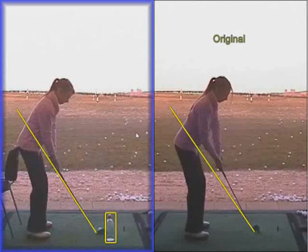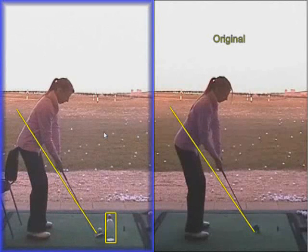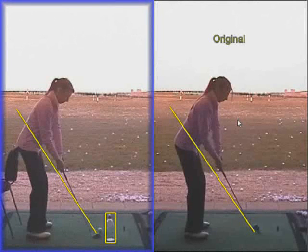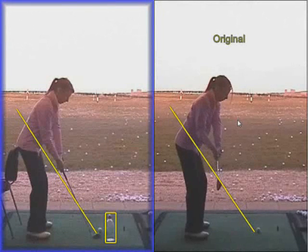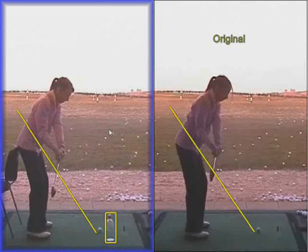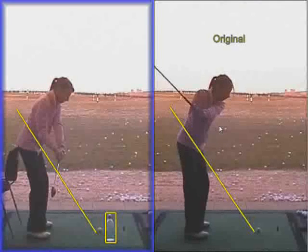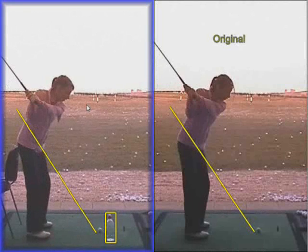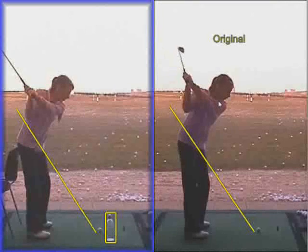So I've put the bottle there on the left and just highlighted that to try and guide Alexandra to take the club back on a better swing path, which then actually she managed to continue throughout the whole swing. So you can see the club's just staying on the line on the right hand side, whereas on the left hand side, the club's in a slightly better position, just underneath the line a little bit more. As she continues throughout the swing, as I said, she managed to maintain a better path throughout the movement,